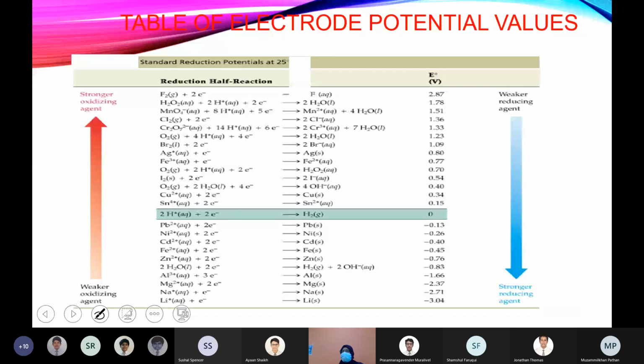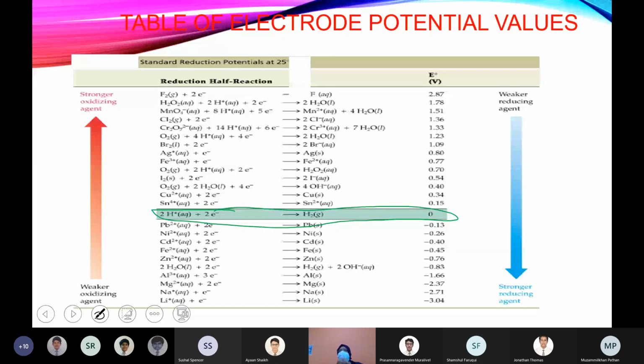So this is the final list. After connecting with the standard hydrogen electrode, every half cell's electrode potential is measured. You don't have to memorize anything, but you can see there are certain electrodes with positive values and certain electrodes with negative values. Here at the center, given in green, is the standard hydrogen electrode, whose potential is taken as 0. There are certain half cells with values greater than 0, that means positive values, and certain ones which come below the standard hydrogen electrode with negative values.